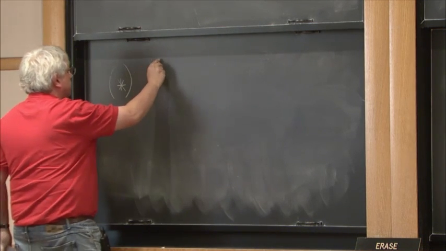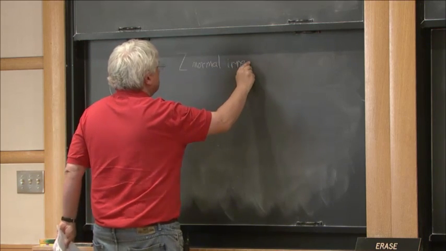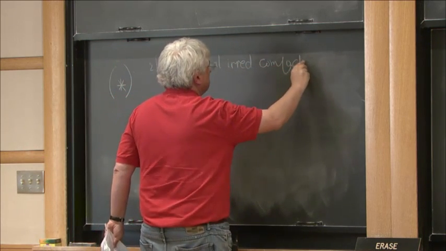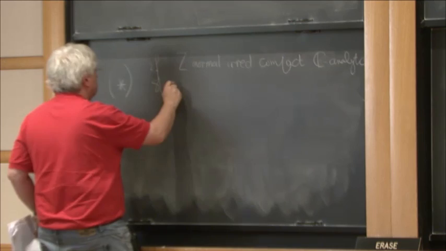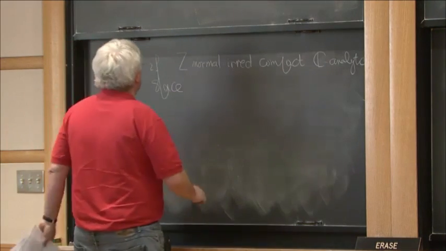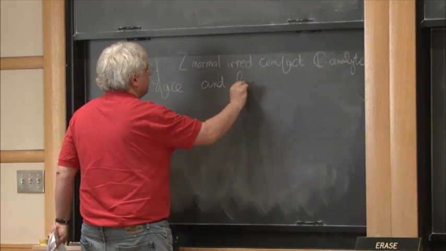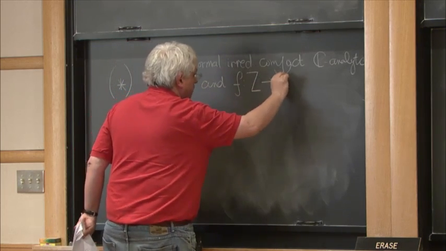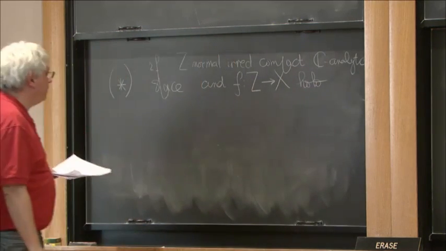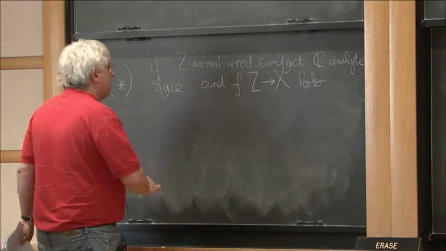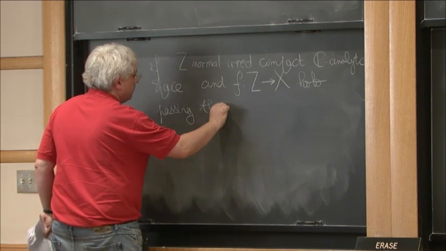If Z is a normal, irreducible, compact, complex analytic space, so we need normality, over X, and f from Z to X is holomorphic, and which passes through a very general point,